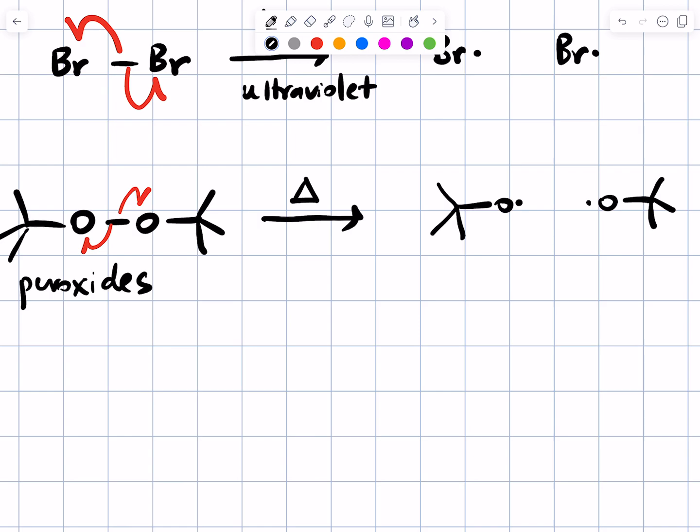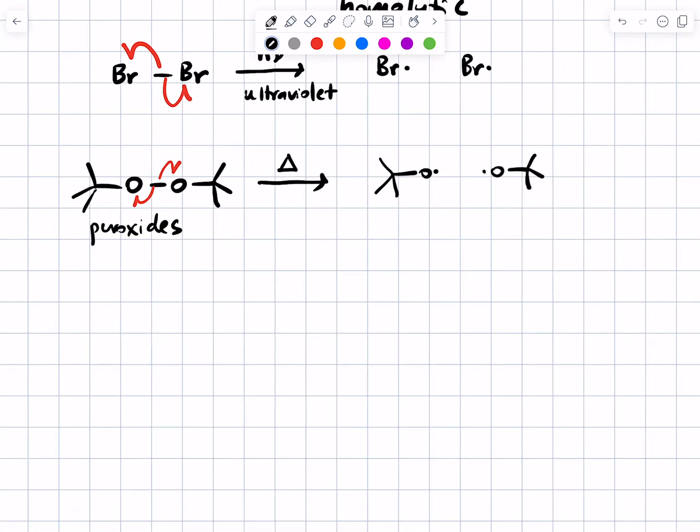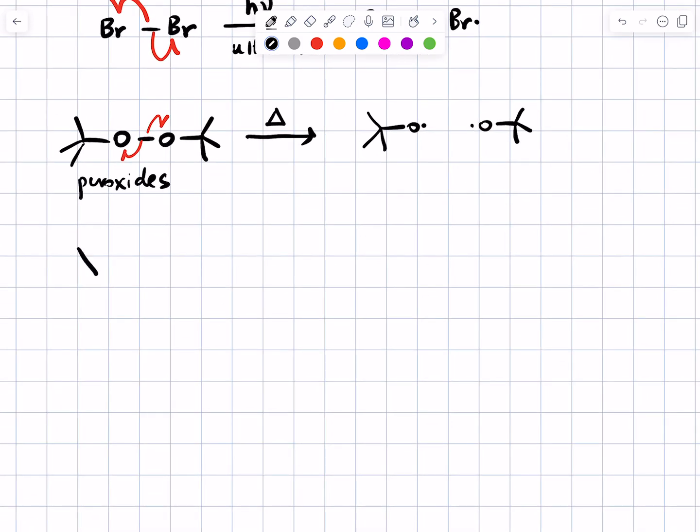I want to show you just one more radical initiator. This one's a little bit more complicated. This one's called azo isobutyryl nitrile, or AIBN. And it's kind of fun because you don't have to memorize its name or its structure. The bonds that are going to break are these ones. The reason they're going to break is because this molecule comes spring-loaded with nitrogen gas that's just dying to get